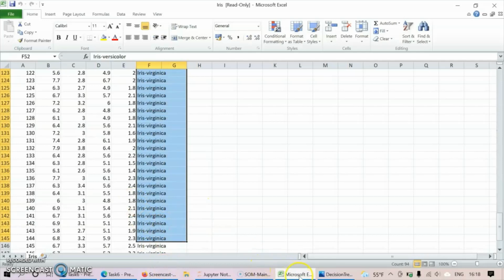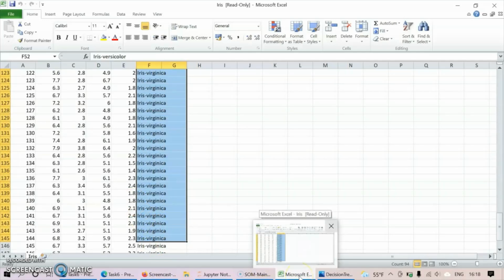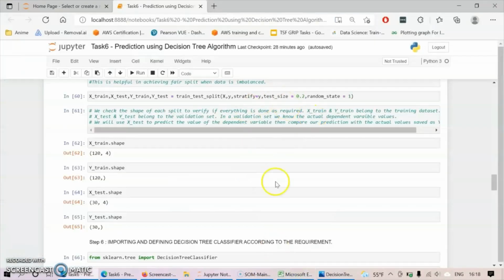So the data is ordered by class, and for the train test split to work fine it has to be balanced. So we are stratifying the variable y, the species variable, so that the imbalance of the data is covered. Now we check the shapes, and they are all correct.